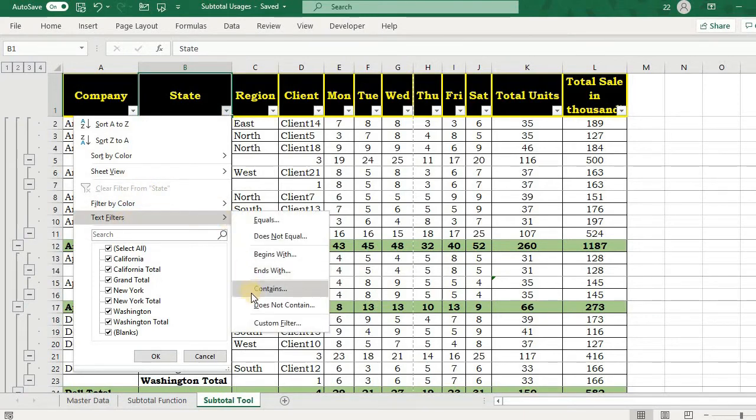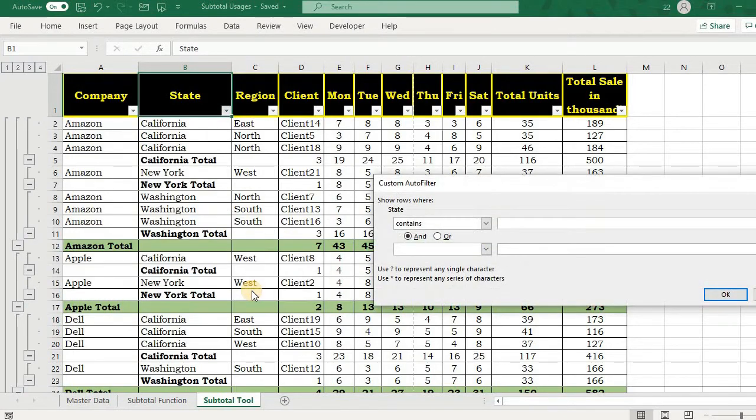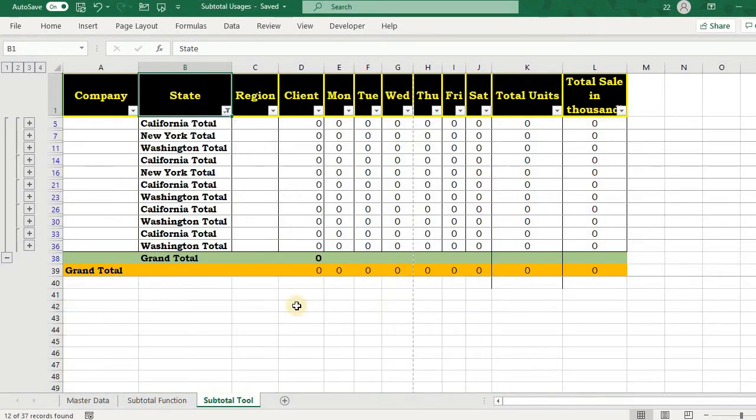Text filter that contains total. This will filter all those.